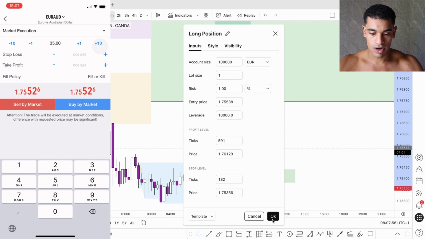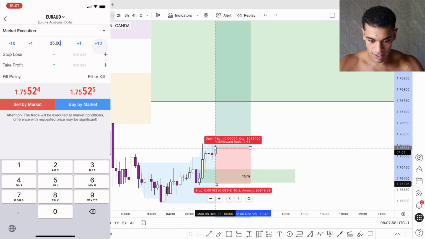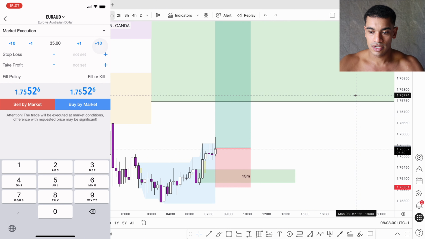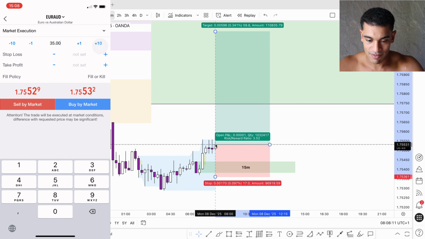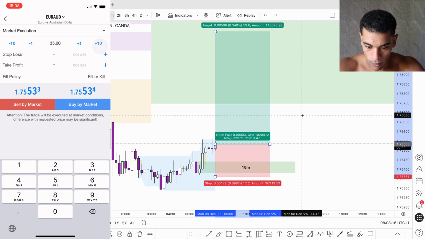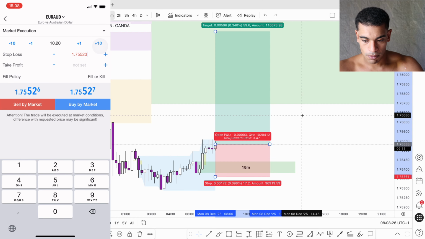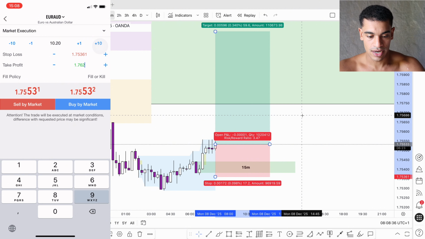The risk is going to be 1%. So this is going to be the actual stop loss, and this is going to be the actual take profit. So you can see it says quantity. If the live execution is right here, we need to open 1,020,412. So that is 10.2 lots. The stop loss is going to be at 175,361, and the take profit is going to be at 176,129. You can see I'm just adding the numbers that we've had on the charts on my MetaTrader,